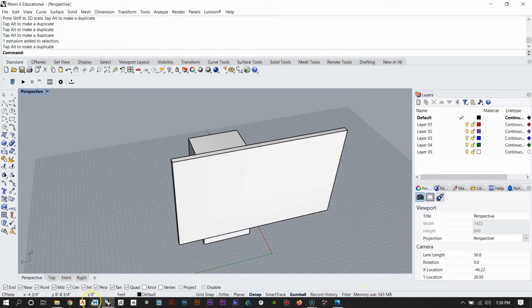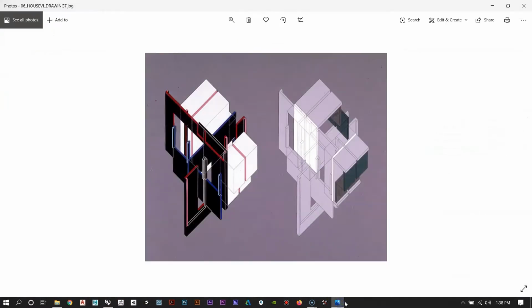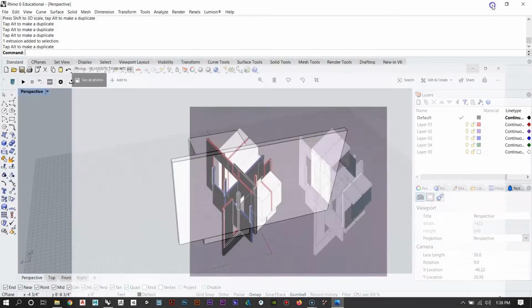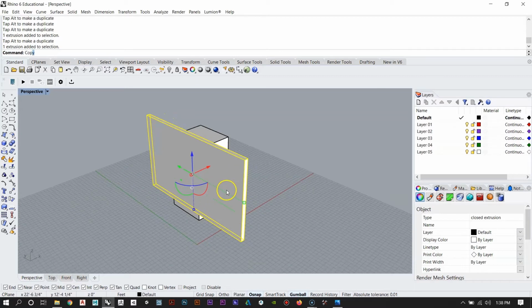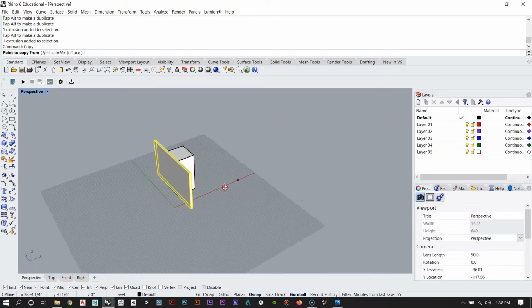And then let's create this perpendicular plane that occurs. And you'll notice these get broken up into a couple of different planes, but right now I'm just focused on the overall shape. So I'm going to make a single plane here and then a single plane here, and then we'll start to break things down afterwards. So I'm just going to copy this. So again, I'll select it, copy, hit enter,